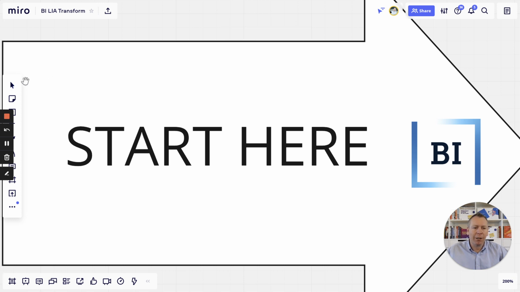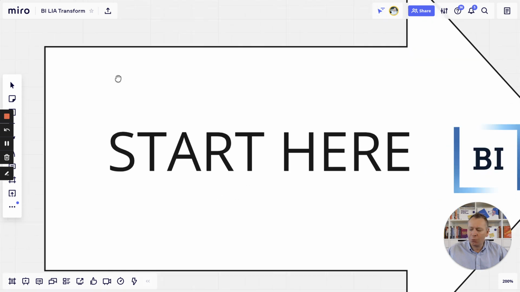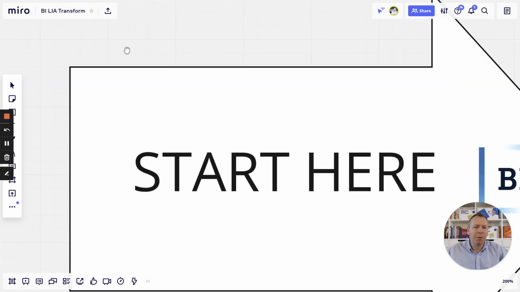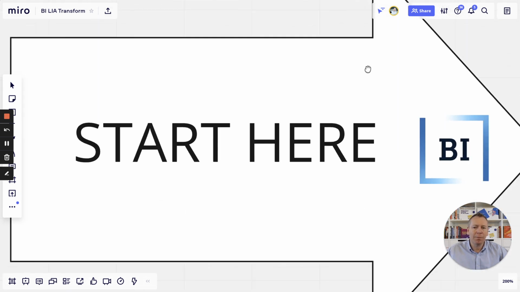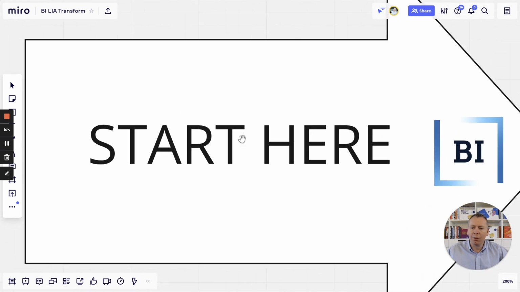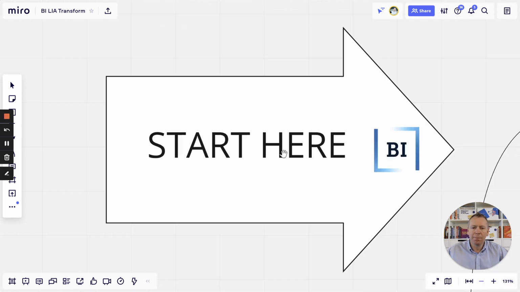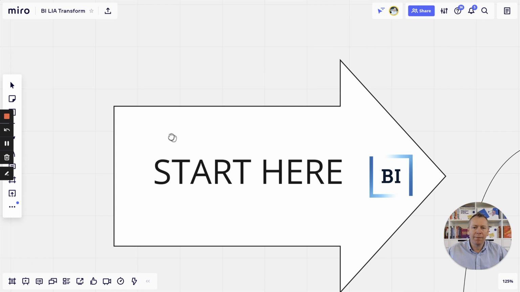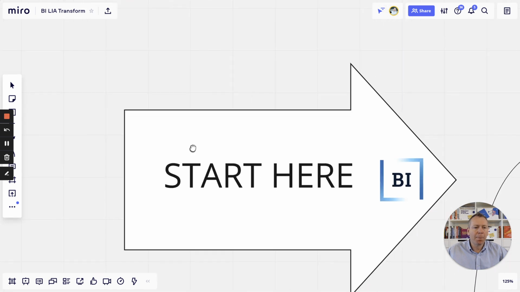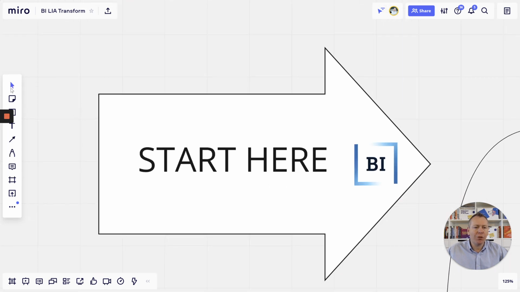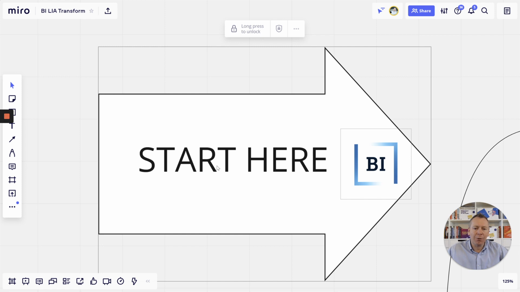So if you see my cursor now, it's a hand, and this allows me to hold my left mouse button and move things around. Now I'm moving the whole screen. If I switch, I now have a mouse cursor, an arrow. I can now start interacting.